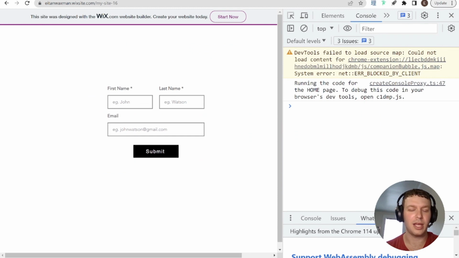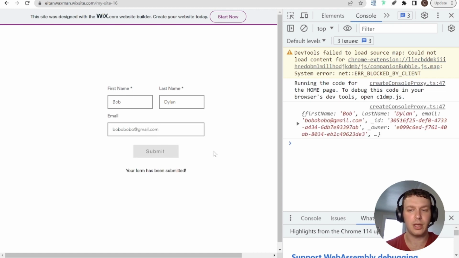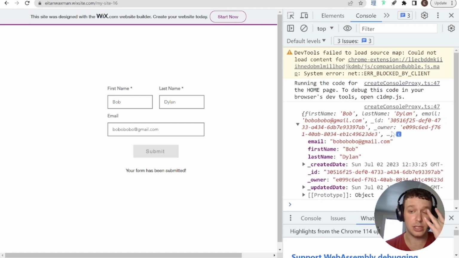Okay, so here I am on the live site and we have our new form. I'm going to try filling it out. I'll fill out Bob, Dylan, Babo at gmail.com and click submit. We don't even need to look at the collection, because here I can already see our saved submission, with all the fields and also the additional system fields that Wix puts in